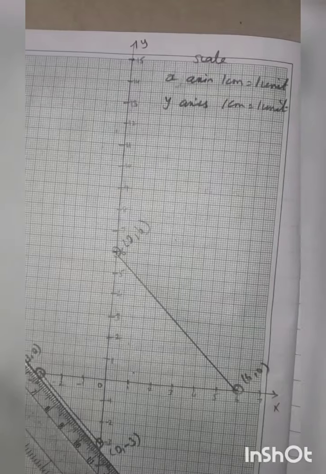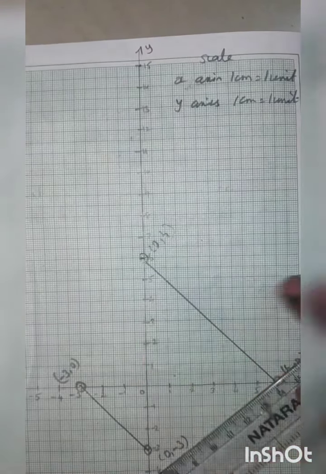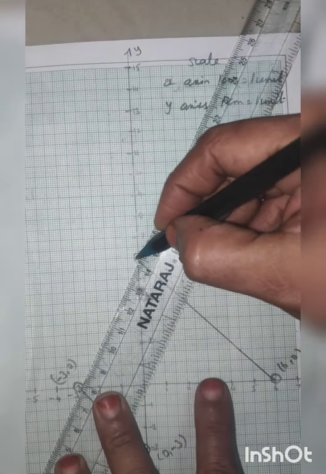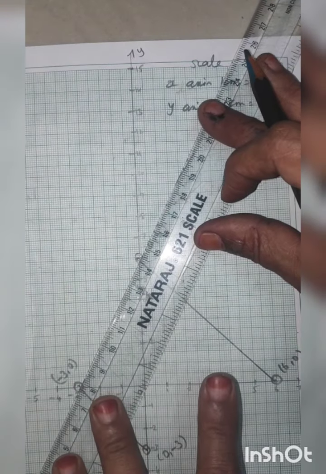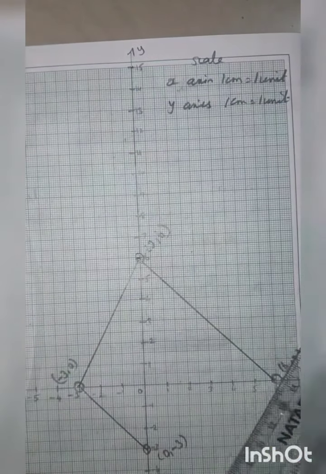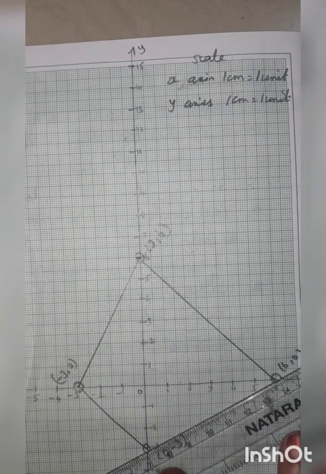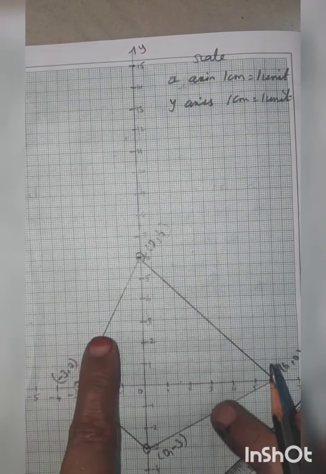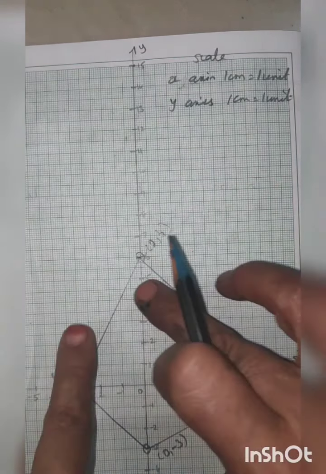The question is, what is given? Given the 4 points, you draw the trapezium. Okay, now how to draw the trapezium? Already here, join the line. Now you want to join here. These 2 points you want to join. Next, these 2 points also you join. After joining these lines, the trapezium shape comes.